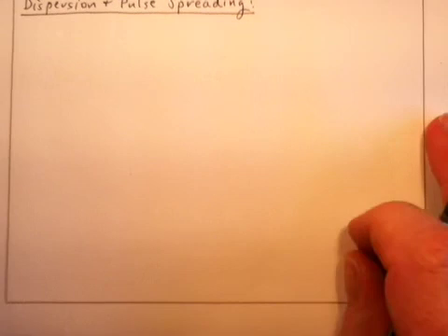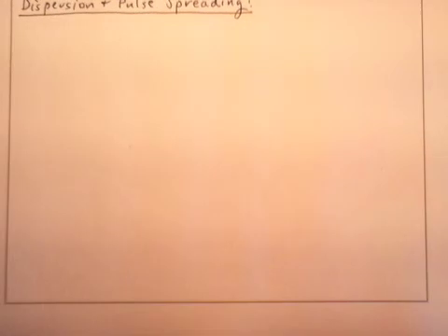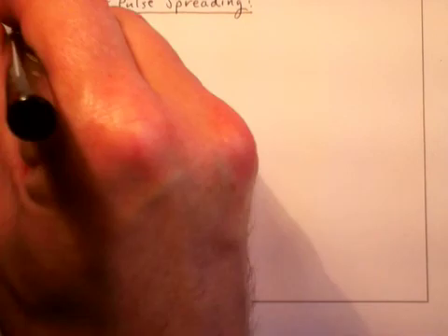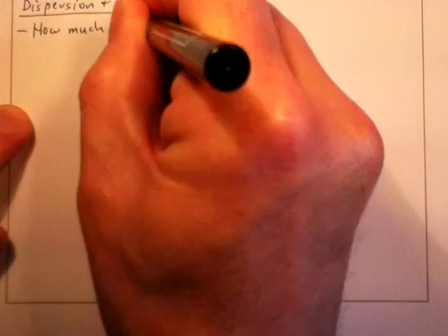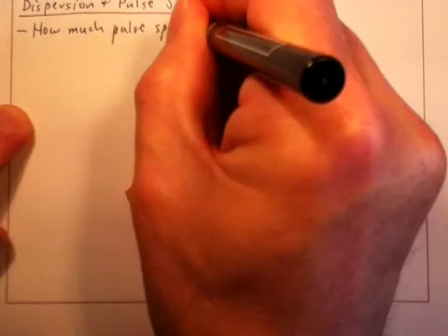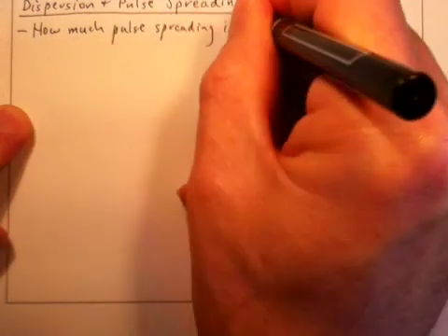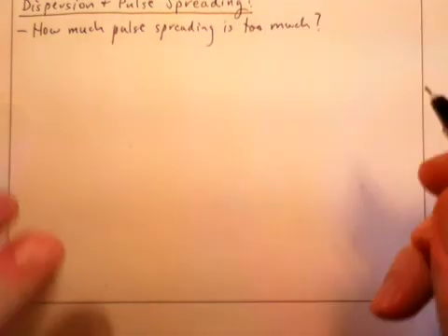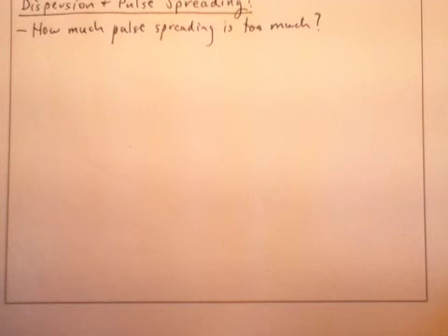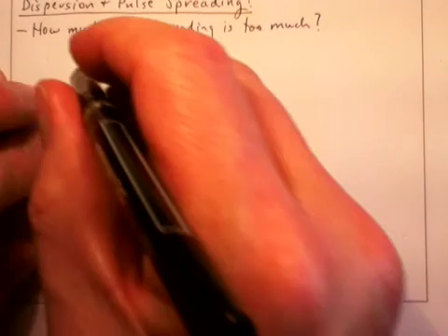Let's take this and apply it to a communication system now. So how much pulse spreading is too much? The answer is it depends on the bit rate of the system. And so what we're going to do is we're going to say that the approximate condition